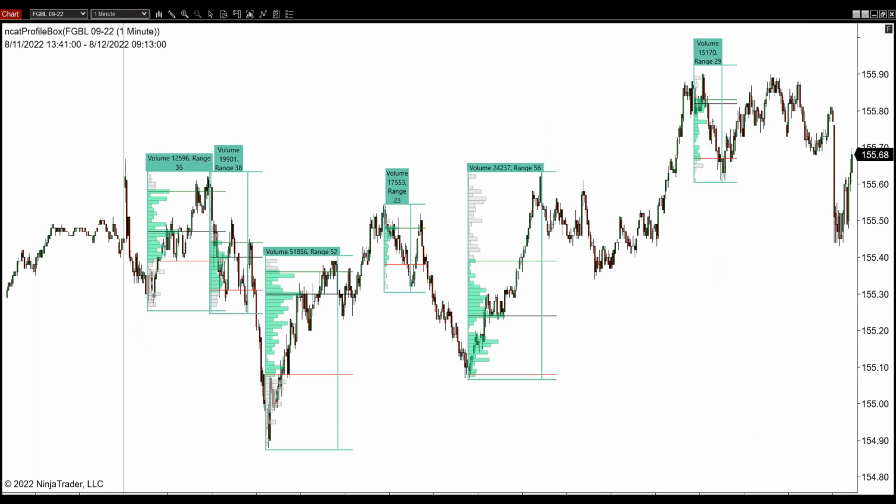Here's another example, also just from swing highs to swing lows, looking at these different value areas and how the volume is being distributed inside, they're all different. Here you got the point of control on the top of the bar. Here you got it up near the top. Again, near the top. Here you got it in the middle. Here in the middle. Here up near the top. But the way the volume is being distributed in here is different. Here you got a little void. Here a little bit of a void. Here it comes out a little bit, comes out again, bigger. They all got different shapes,